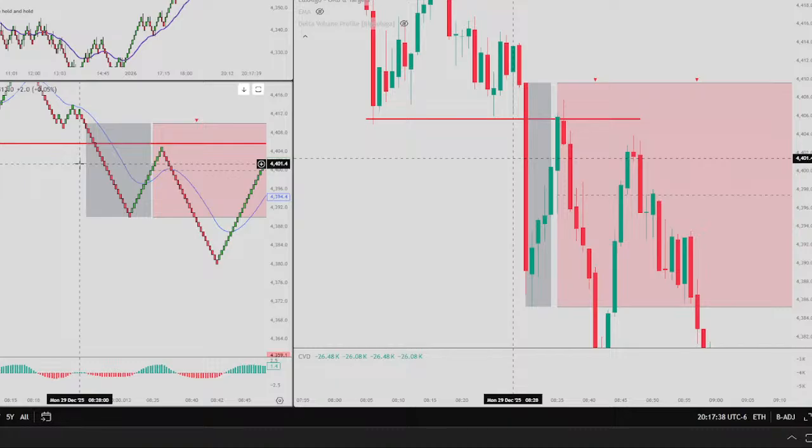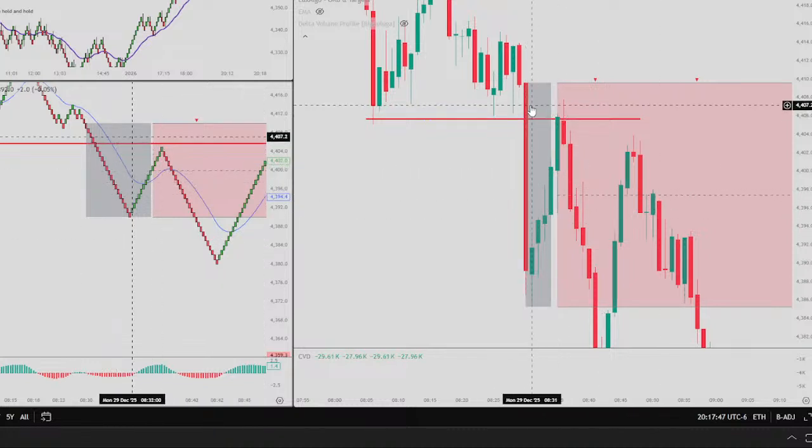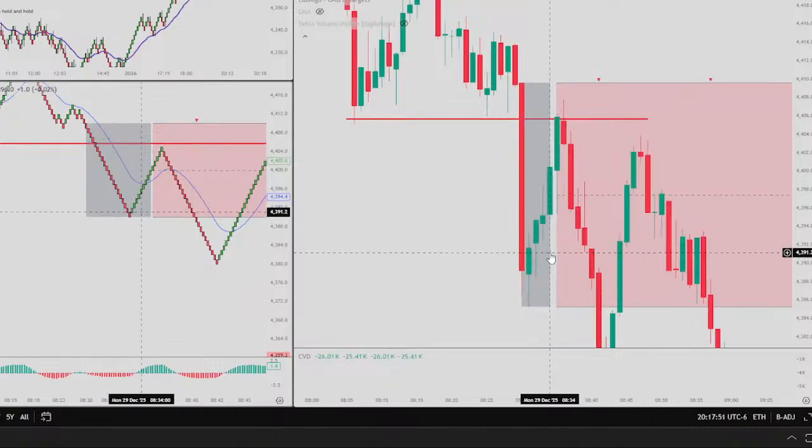But yeah, so I can't really say anything about this trade, because again, I can't see what was happening inside of all of this. And this is why I like Renko, because you can see, for example,